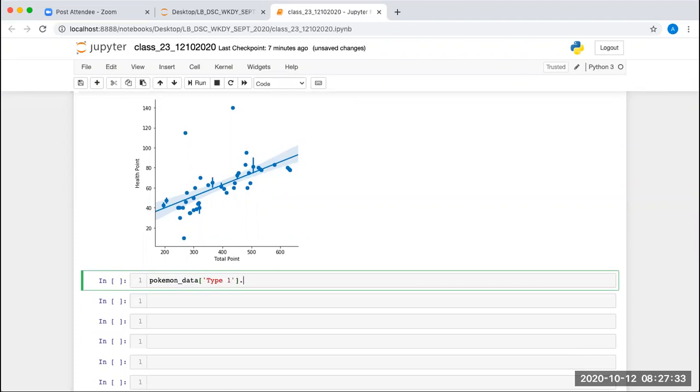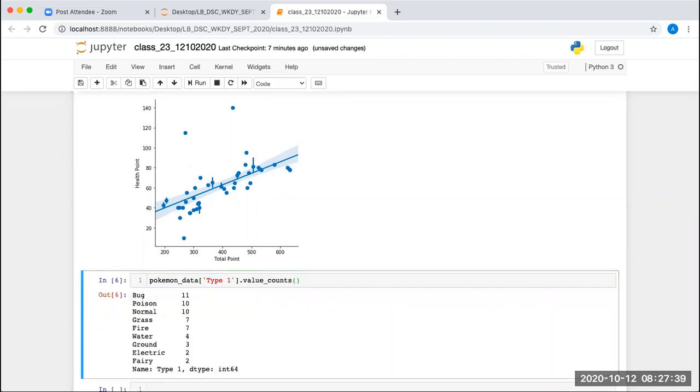If I want to check which values are there and their counts, we have the value_counts function. Executing it, these are the different values in the type 1 column. Bug has 11 count, poison has 10 count, normal has 10 count, and the rest.